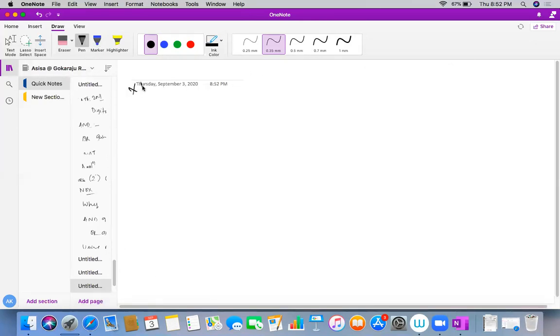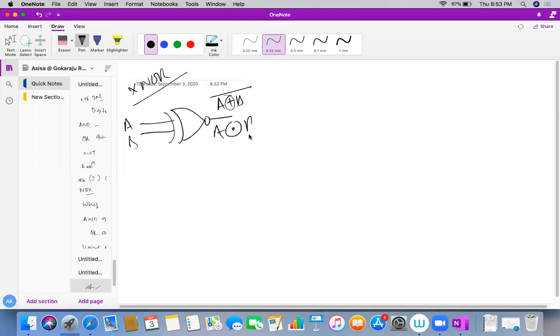Okay, if it is not there, we'll move next. XNOR gate. XNOR gate is again the same way. This is just the opposite of the XOR gate, which is nothing else. A XOR B bar also you can write, or you can write A XNOR B. You can also write A bar B bar, or AB. Okay, it is just opposite.